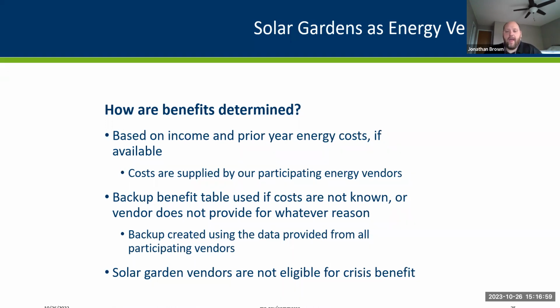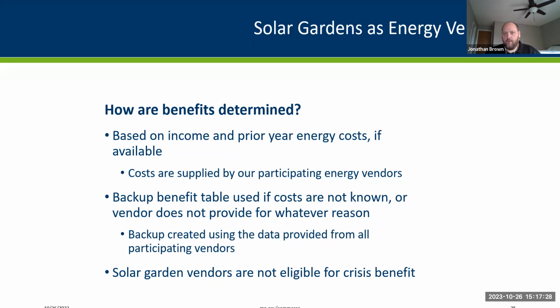So we do have that in cases where actual data isn't available, and then we build that from the data we get from the other utilities. So it's a pretty real match to what other people would be getting. Obviously, it's not going to be perfect because it's an aggregated average, but the goal there is to try to match up a person with their housing type, their fuel type, and sort of what the average cost is there.